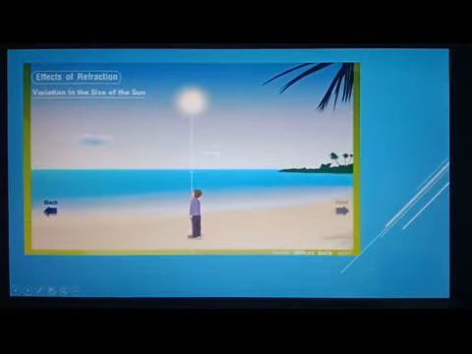As you can see here, when the sun is exactly above our head, when you look up, the light ray that gets into your eyes is along the normal line, meaning there will be no refraction. So what you observe, the size is smaller because the sun is very far from Earth. Okay,